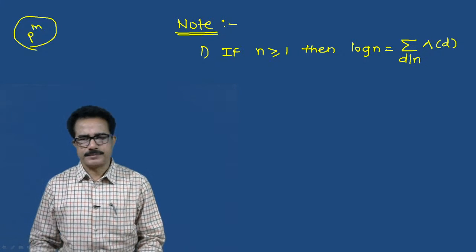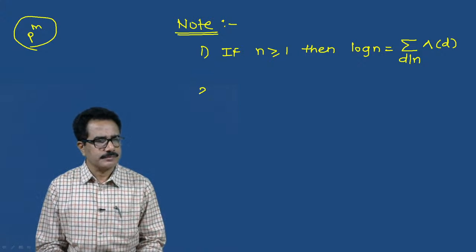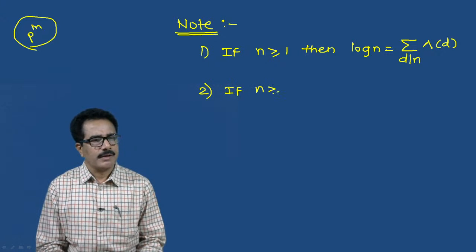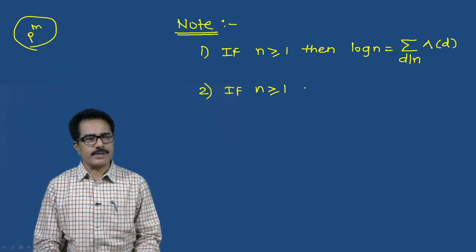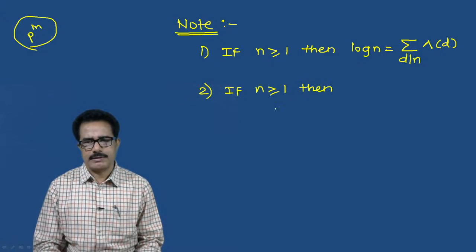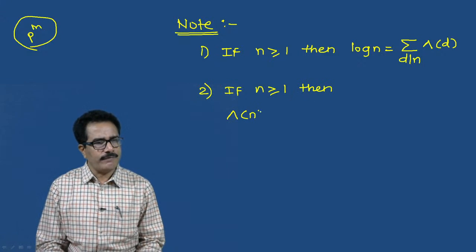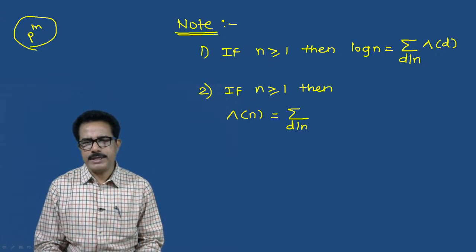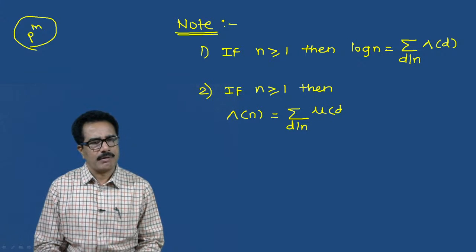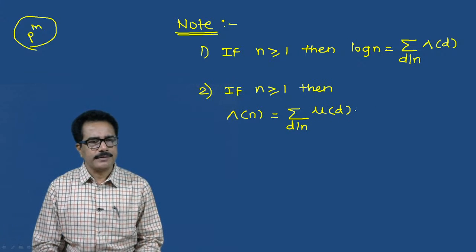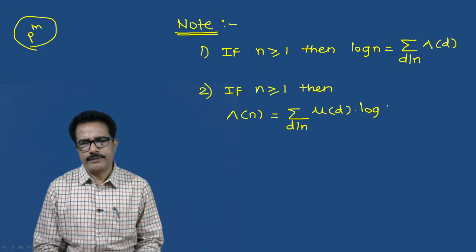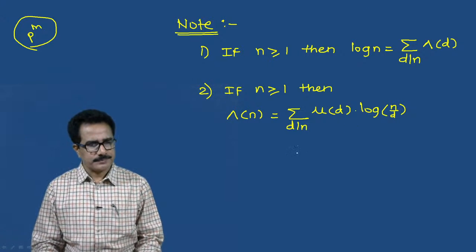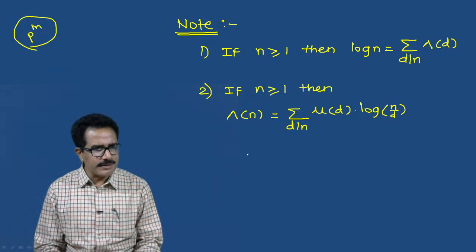Here, second note: if n is greater than or equal to 1, then capital lambda of n is equal to summation d divides n, mu of d into log of n divided by d, or that can be written as